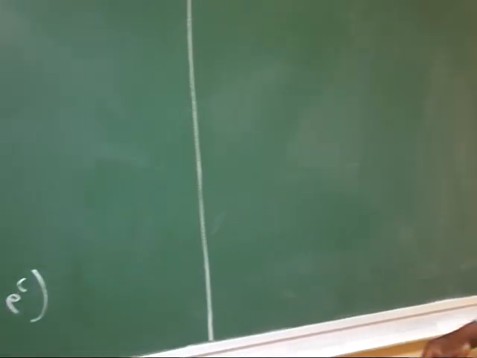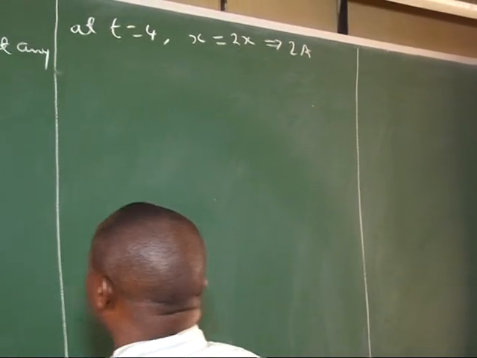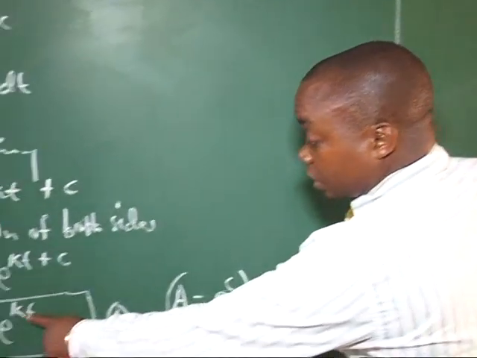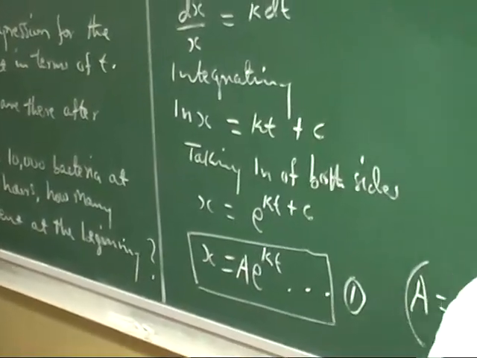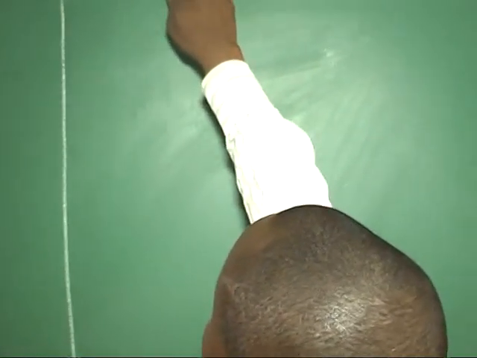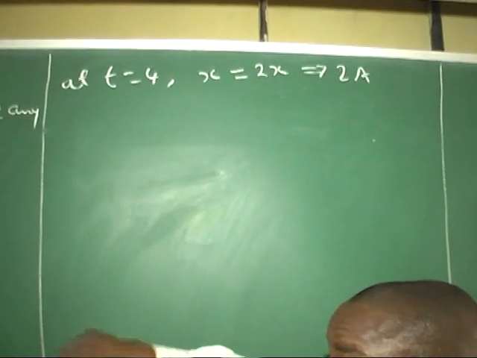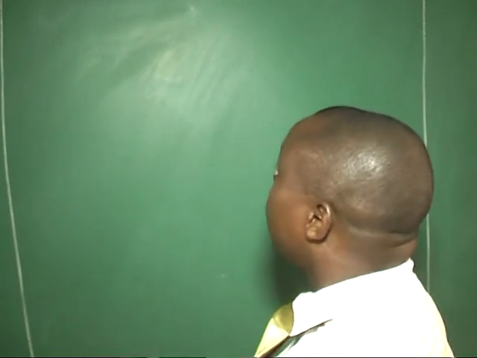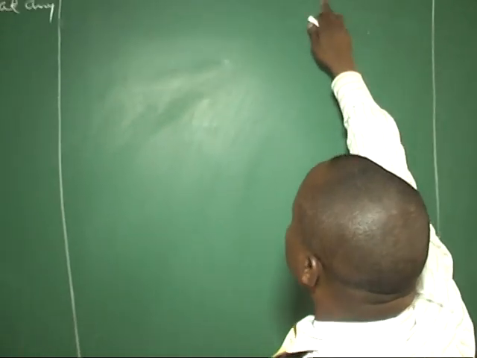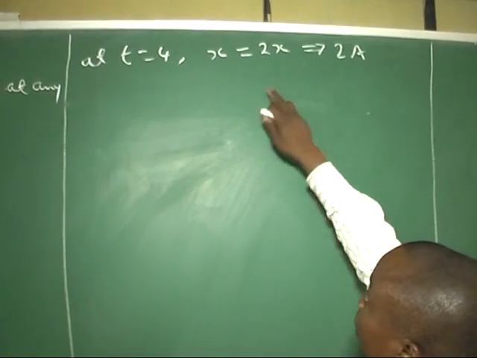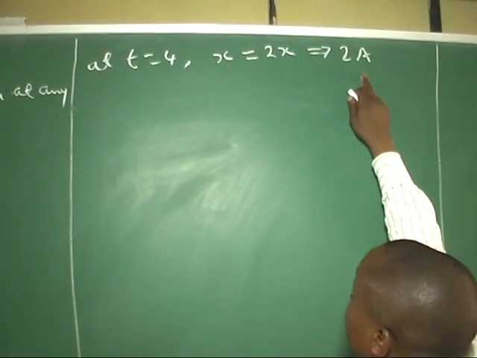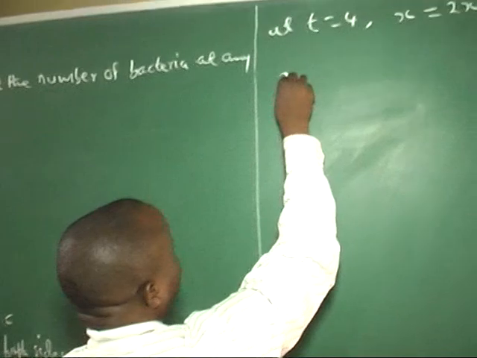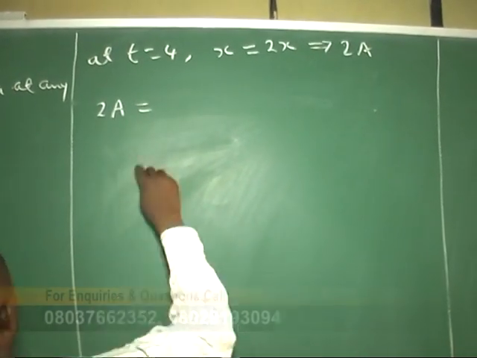If I really want to find a separately, if I put t is equal to 0 here, now at t is equal to 4, we are told that x is double, so we have 2x. Now since x is equal to a, that means at t is equal to 4, we have that 2a is equal to a